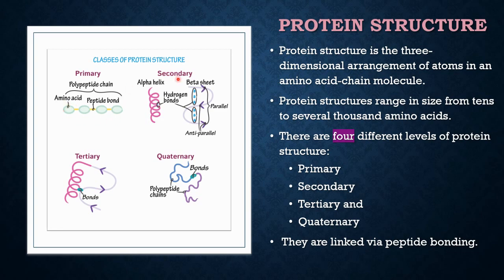Then the secondary structure, it will be twisted and turned. Actually, secondary structure will consist of two types of chain. One is called alpha helix. You can see the spiral shape. Because of the shape, it is called helix. Then the second is a beta sheet. You will see a somewhat sheet-like structure in this. So both of them will make up the secondary structure.